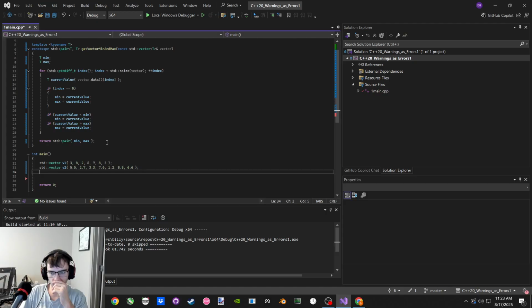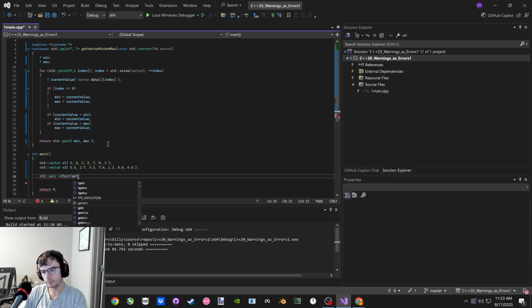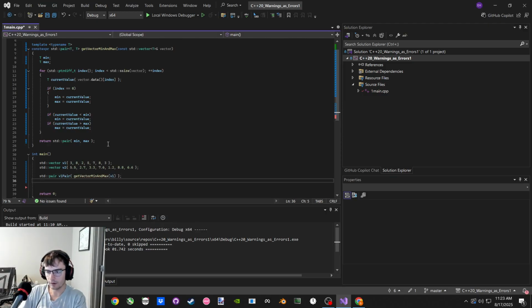I don't want multiple calls, I just want one. So how do we save it? We could say standard pair v1 pair, and it's initialized with get vector min and max of v1, and then standard pair v2 pair, get vector min and max v2, to get for v2 pair, and then we could say